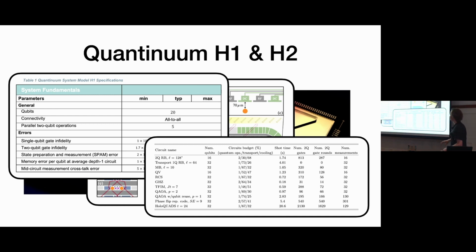But if you look at this benchmarking coming from the H2 paper, it's interesting to see that those gate times are not really what's determining how long these things take. Each round of doing one shot of the experiment is on the order of seconds. And that's because they spend almost all the time moving stuff around and cooling it. So it almost doesn't matter how slow those individual operations were, because this whole thing is really 1D, and you want to do things that are not 1D. You spend a lot of time just shuffling stuff around and also cooling things back down.